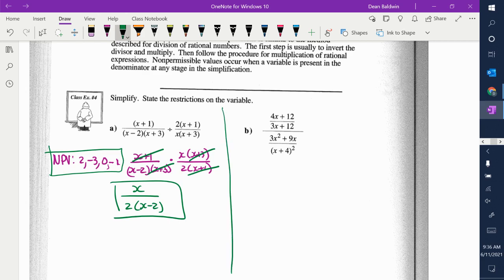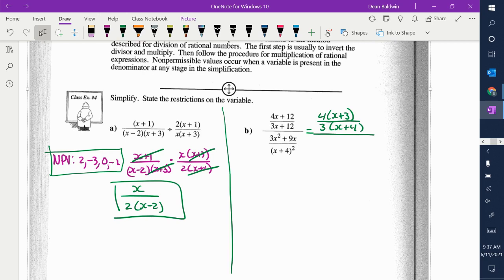So sometimes they're written like that. Sometimes they're written like this in B. B looks more like a disaster, but it's actually the same thing, right? It's this divided by this term. Okay? So when you're doing this, we have to factor it first. So what is 4x plus 12 factor to? Yeah, you can pull 4 out. I get x plus 3 divided by, what can I pull out of 3x plus 12? There you go. Divided by,